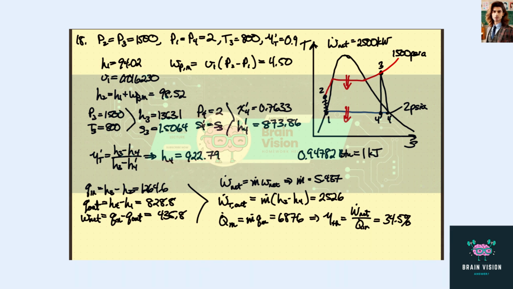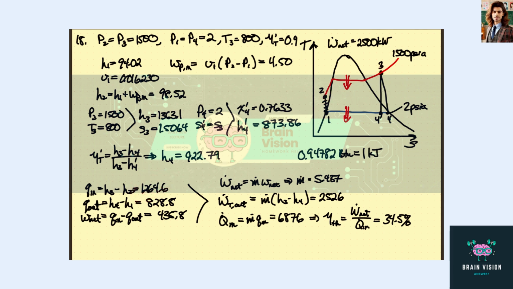You could then figure out what the temperature is too. It may have to be at the saturation temperature, or it may be a little higher. You could guess the temperature and then iterate. Anyway, the heat transfer in is the enthalpy here minus the enthalpy here, and that winds up being